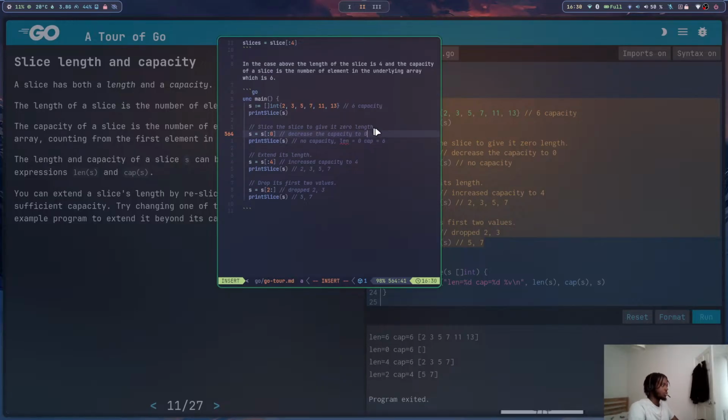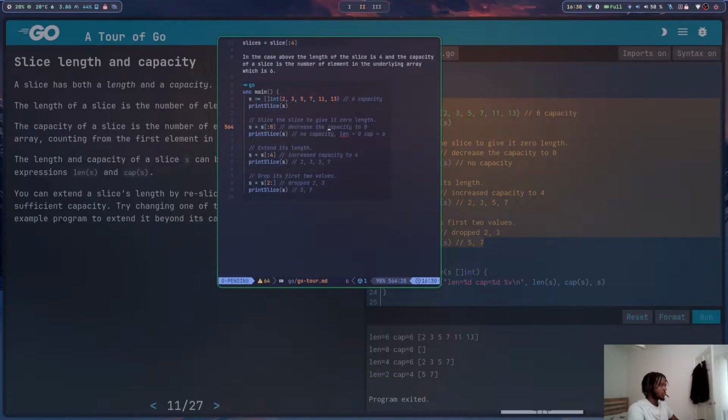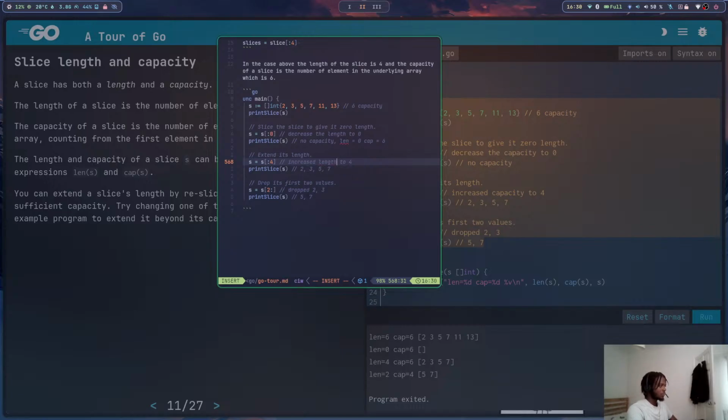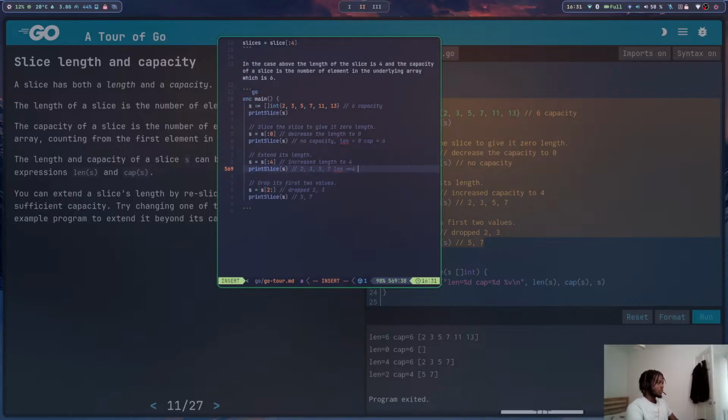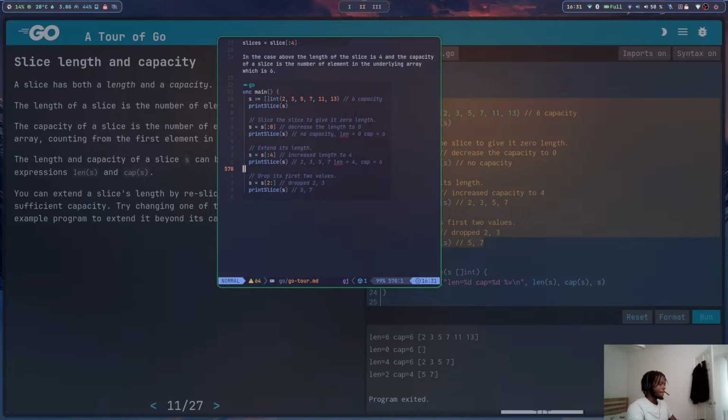Yes, the capacity did not change. 6. Increase the len to 4, but the capacity remains 6. So len 4, cap equals 6. In this case,